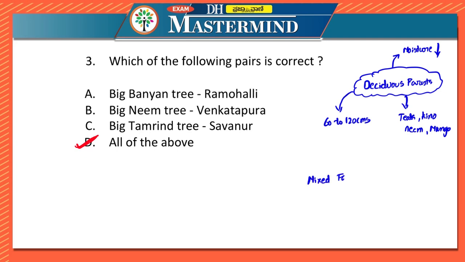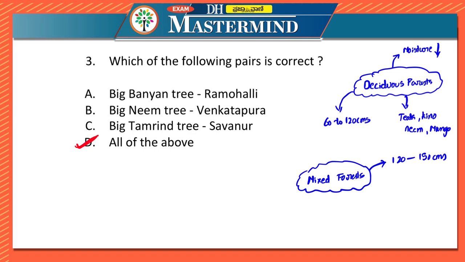After deciduous forest, you can find mixed forest. Mixed forest is the growing of evergreen forest and deciduous types of forest together. And because of that, the rainfall is between 120 to 150 centimeters. You can see some part of Uttara Kannada, Udupi, Dakshina Kannada, eastern parts of Kodagu, Chikmagaluru, Hasana, Mysuru district, etc.